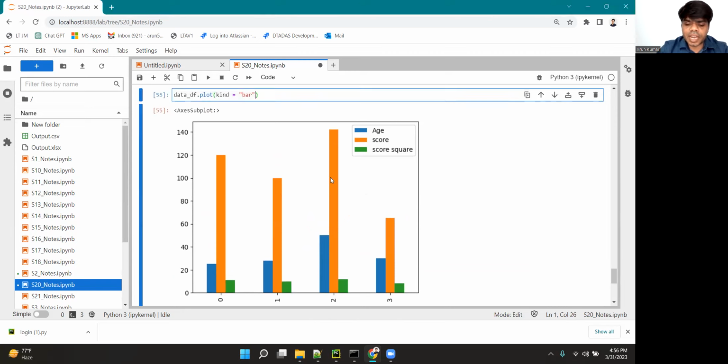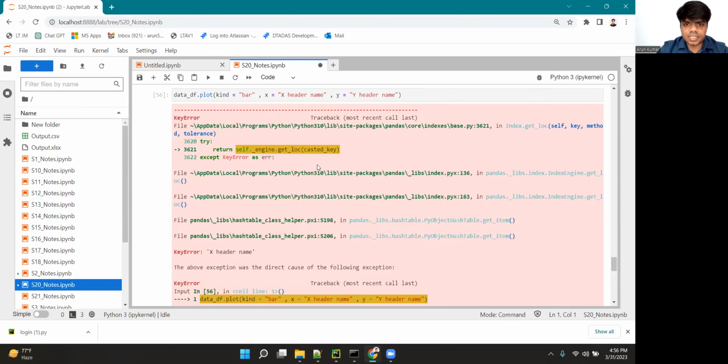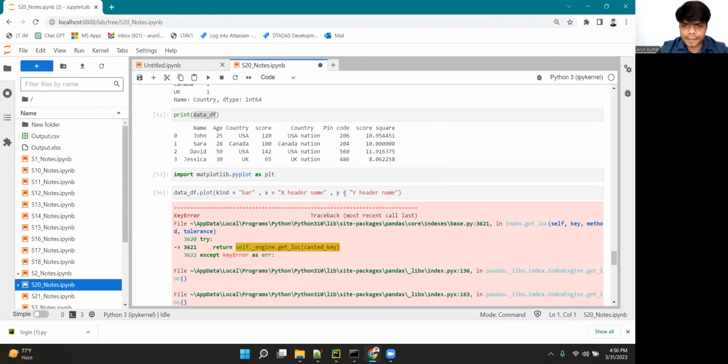In case I want to give some header name, say x equal to x header name, and similarly y equal to y header name, all right? If I run this,